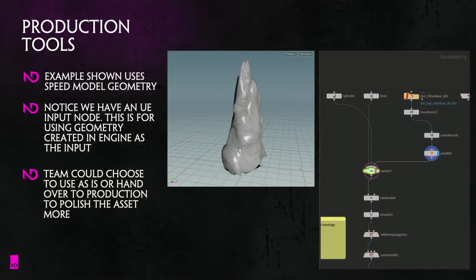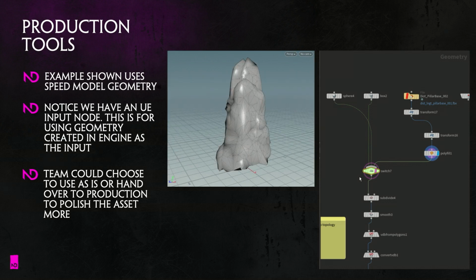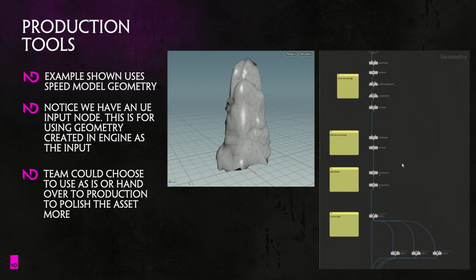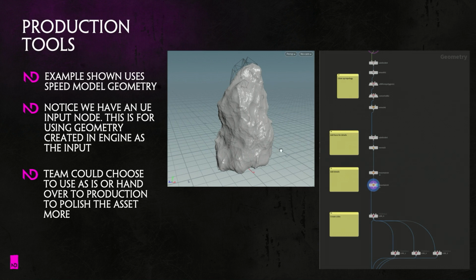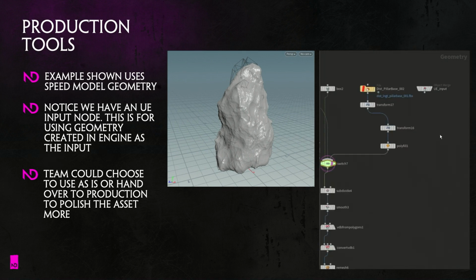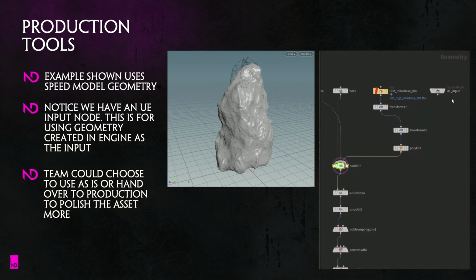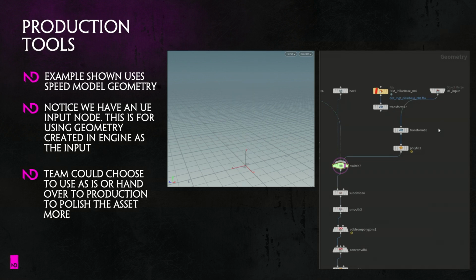And then the HDA just quickly starts to slap on some rock details. I'm not sure if you will see it. You should see in the top right-hand corner, there's a node which is the Unreal Engine input. So we'll switch to that. Actually, it's possible for a level designer to block in geometry, get the level how they want it, hit a button, and then it gets this rock-like version ready for the game with all the